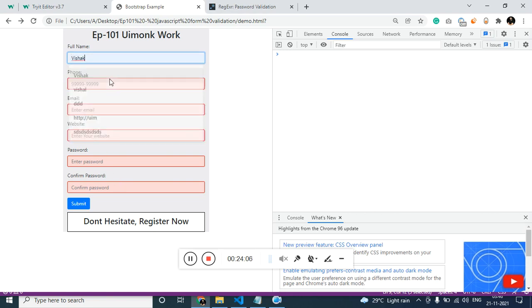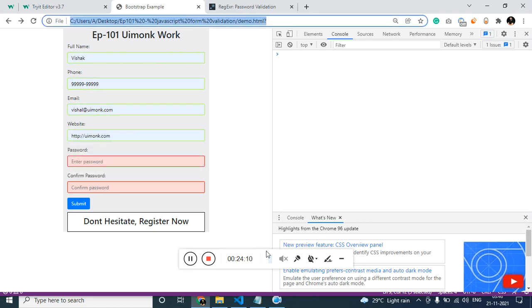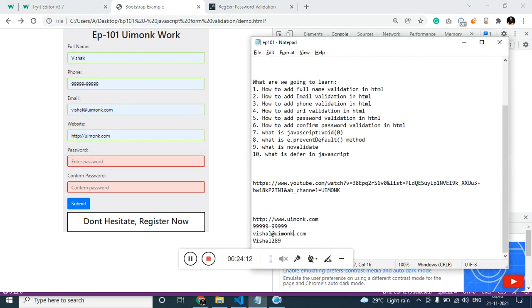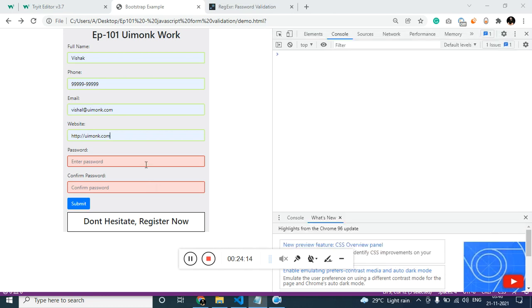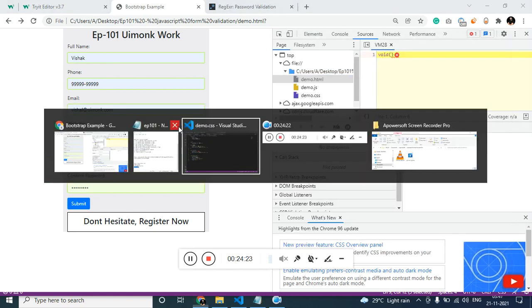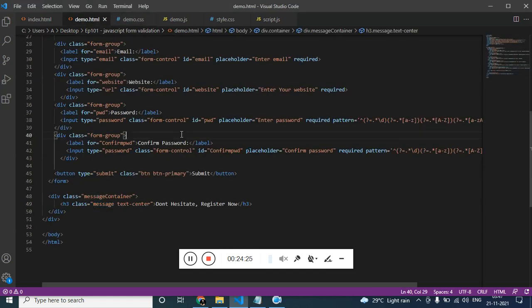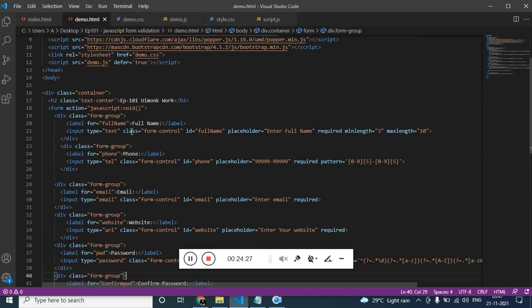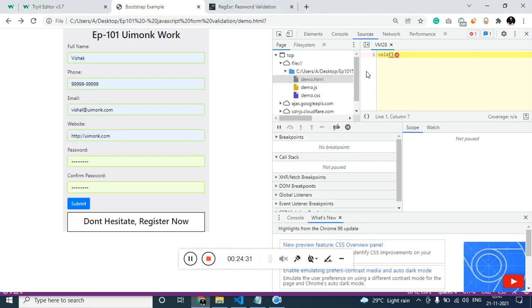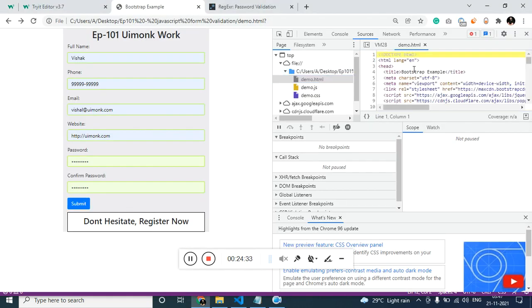If I fill all the fields, let me just copy paste, click on submit, it will say true, and there is an error on the line, on the void, I guess. Okay, we'll skip that for now.